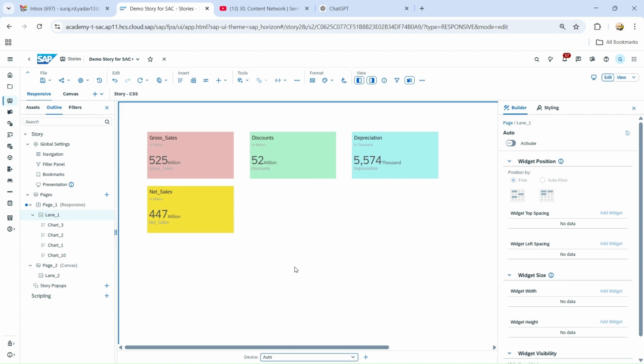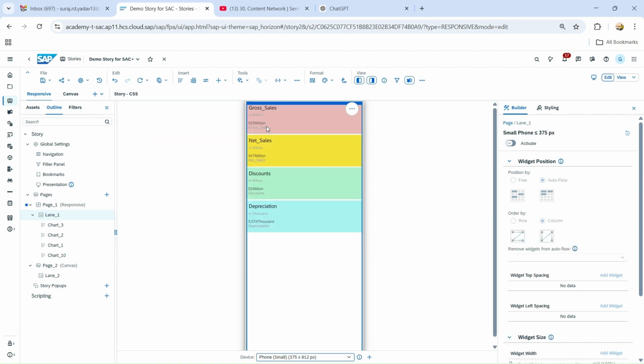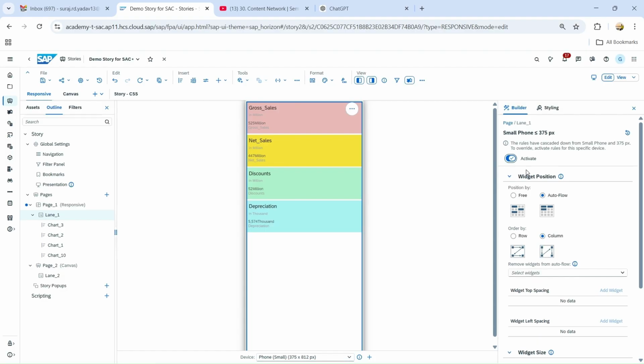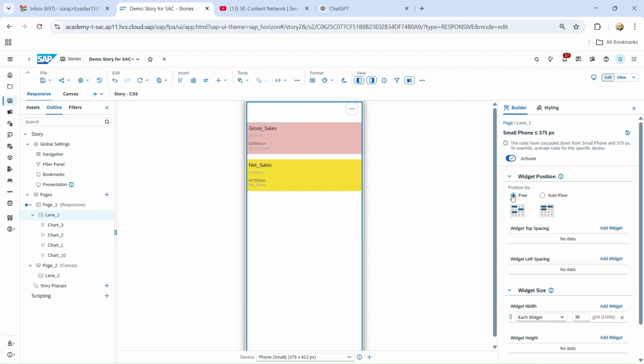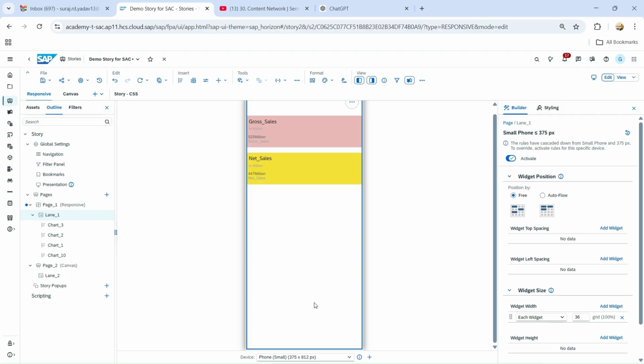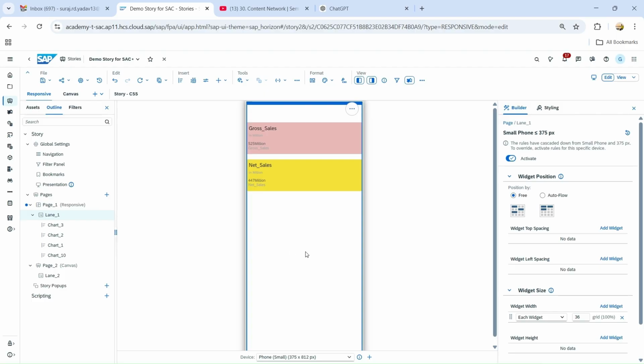Now if I go to small phone, it's the same, no changes in that. But if I activate this feature and go to free fall, you see, because some charts were present at a different screen, it didn't get it. Because it is a free fall, it is not coming. So this free